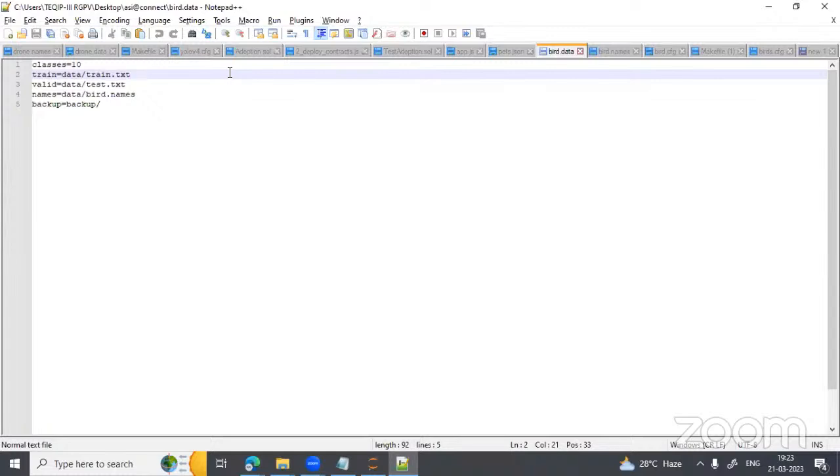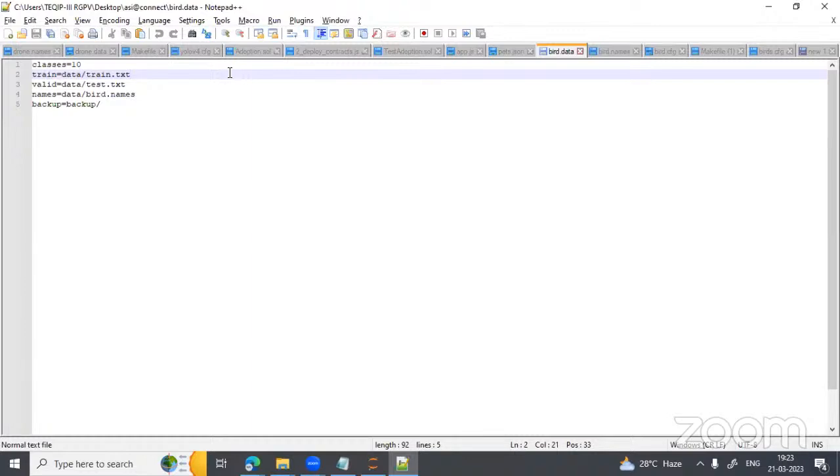So data slash train.txt. Next is the valid file, which is in data slash test.txt. The third is the names file that you have created. That again we will upload inside the data folder. So data slash bird.names. And then backup is the parameter where you want to save the